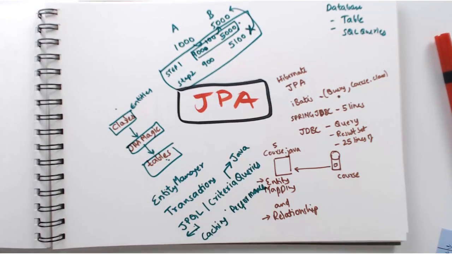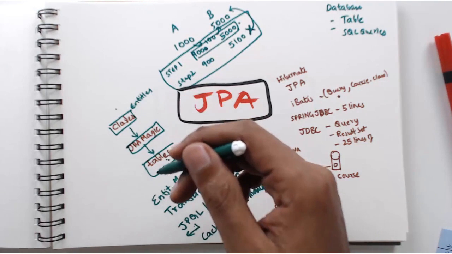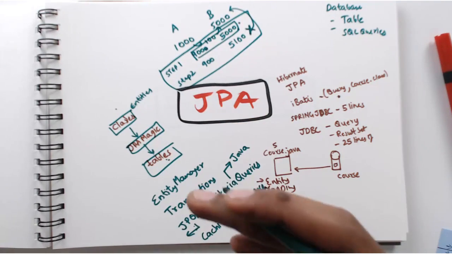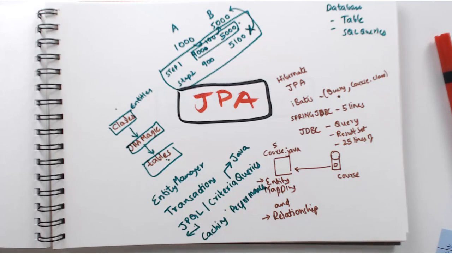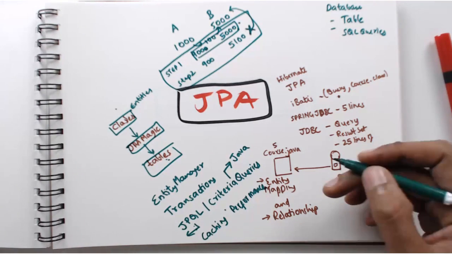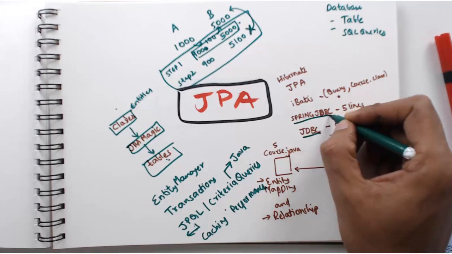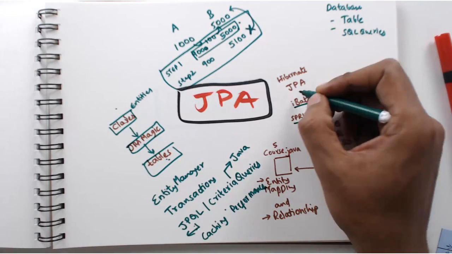So at a high level, what we have looked at until now are the important things that you would want to learn about JPA. You'd want to learn about classes, JPA magic. You'd want to learn about entity manager, transactions, criteria queries, caching, performance, and all that fun stuff. Now, in the evolution, we started with JDBC, we went to Spring JDBC, we went to iBATIS. After that, we went to